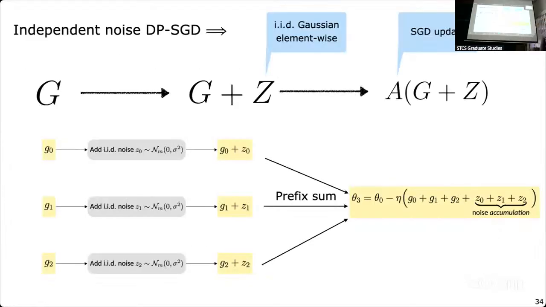If we take our independent noise algorithm, in this matrix notation, what's happening is that each row of this matrix is a different time point, so we are sampling IID rows basically. And then after that, we compute the stochastic gradient descent update, which in our matrix notation is represented by left multiplication with the prefix sum matrix. Because SGD implicitly computes the prefix sum of all the gradients so far.